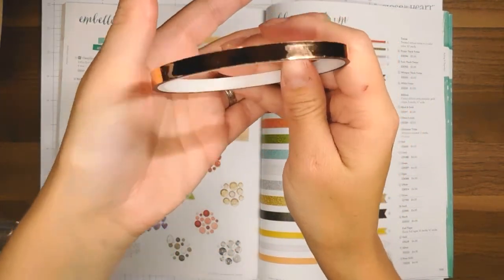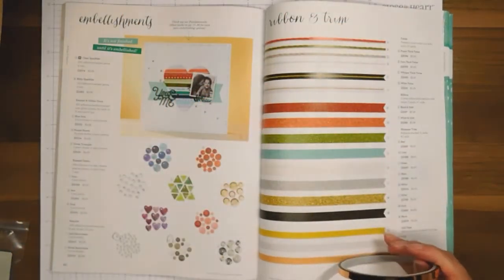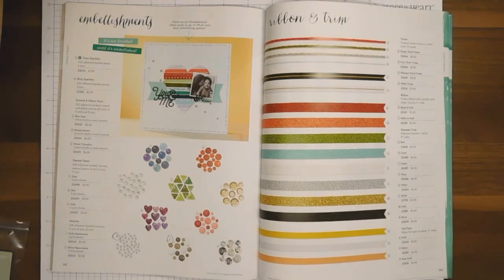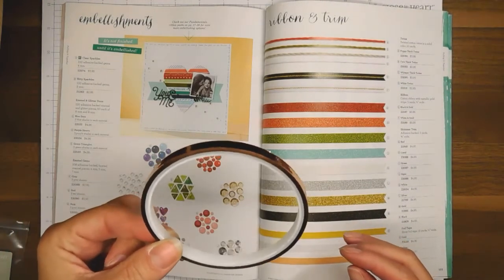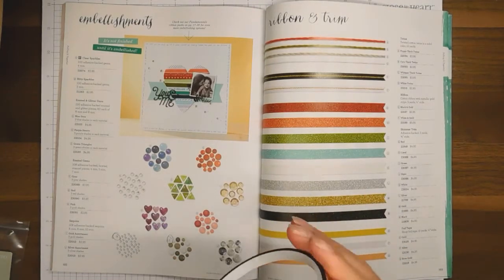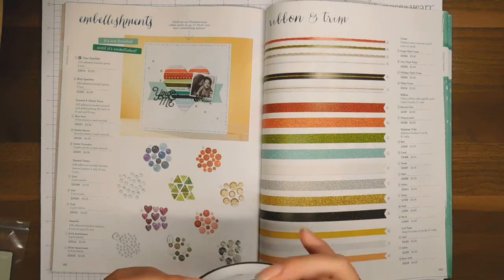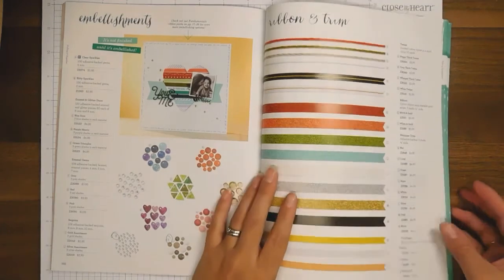It's gorgeous. This really does not show the rose color though. But yes, it's a 1/4 inch wide, and it does show fingerprints. You'll have to wipe those off or something. But I am very excited to be able to use that. Again, that's this month, so in my projects. And then they've still got shimmer trim